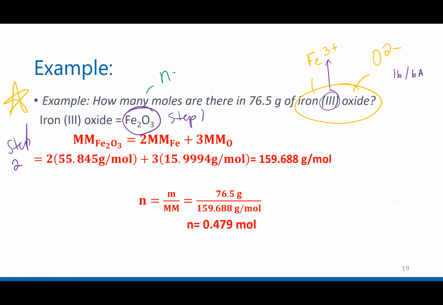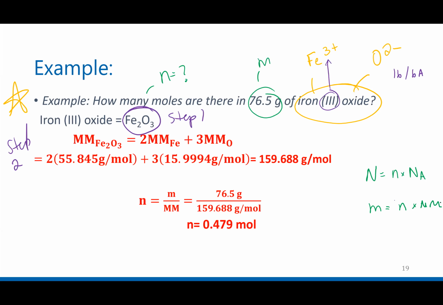So the question is asking for N, and it's giving me mass. So think about your 2 formulas that you've learned so far. We learned that number of particles is moles times Avogadro's number, and we've learned that mass is moles times molar mass. Think about those two formulas. Like if you had this question on a test or a final, think about those two formulas and which one